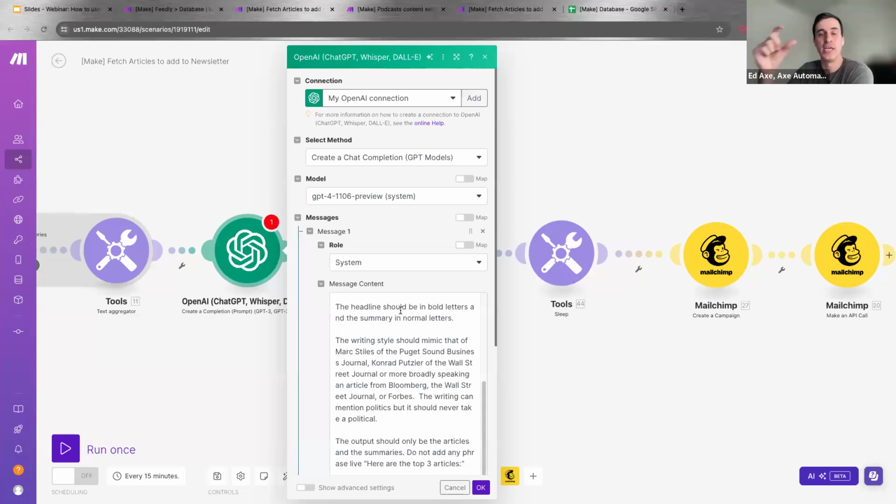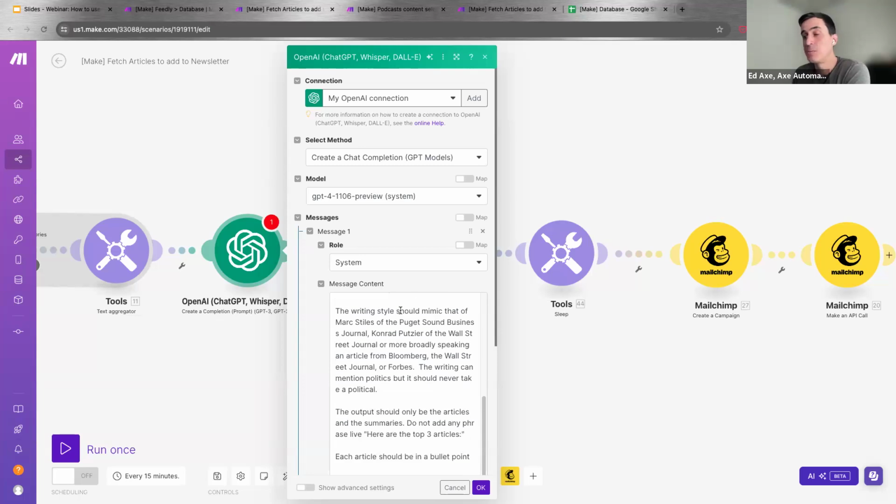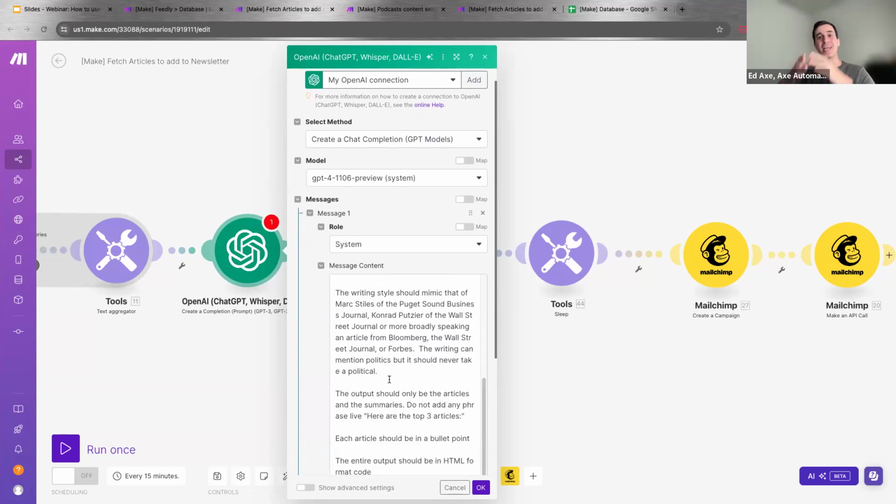And then, of course, in the prompt, we are asking OpenAI to actually write the summary of each article that we are selecting. A brief summary in a specific writing style that the client needed. Okay, and this is important, so we can keep the newsletter in the same writing style as my client, so it can sound like the same person that is writing that newsletter. Yeah. Okay.